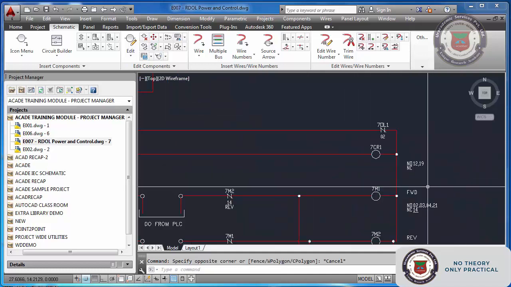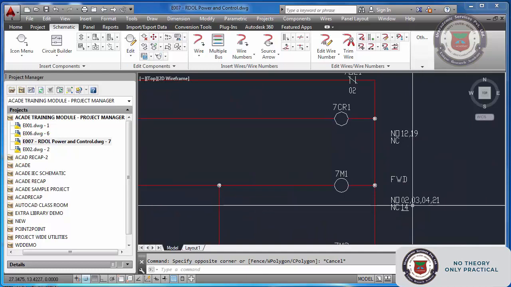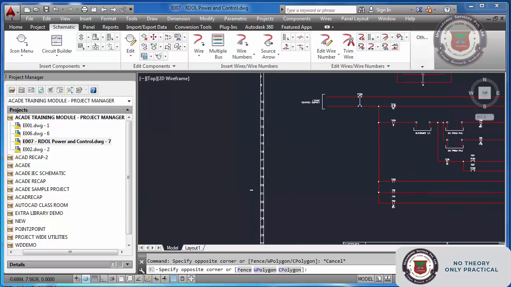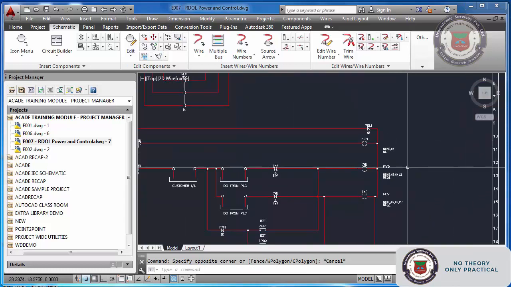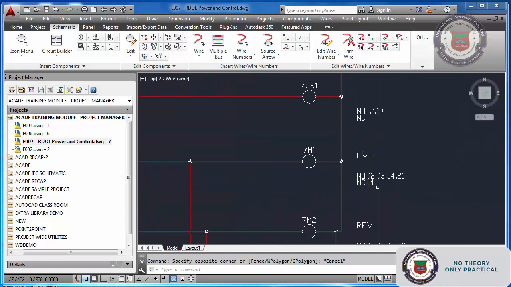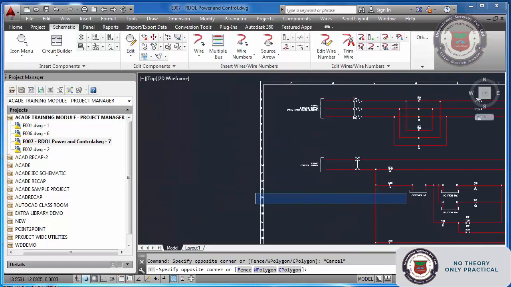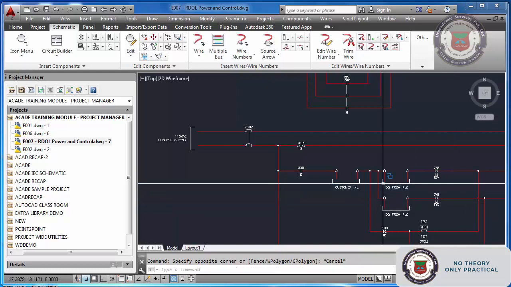And 21, 14. 21 you will find a NO contact. That is here. 14, line number 14, you will find a NC contact. That is here. This is how the cross referencing appears.